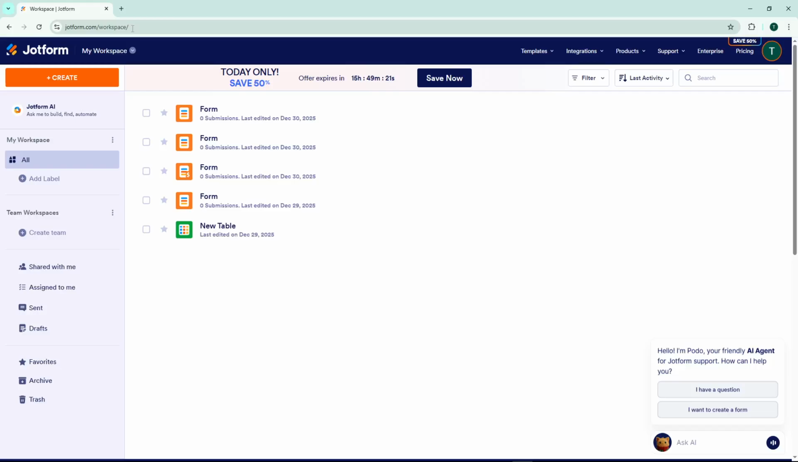Today I'm going to teach you how to integrate Jotform with Google Sheets. This is incredibly useful because it allows your form submissions to automatically flow into a spreadsheet, making data collection and